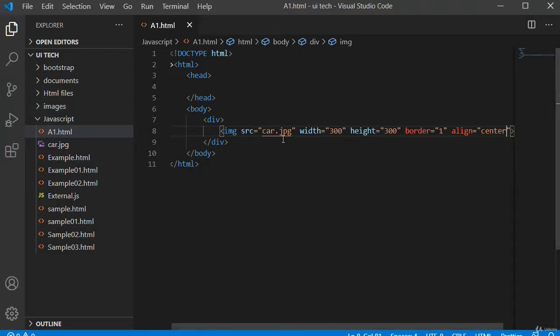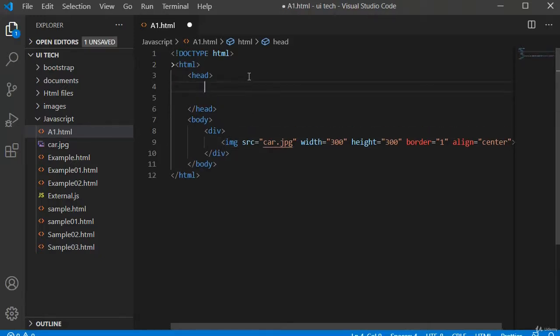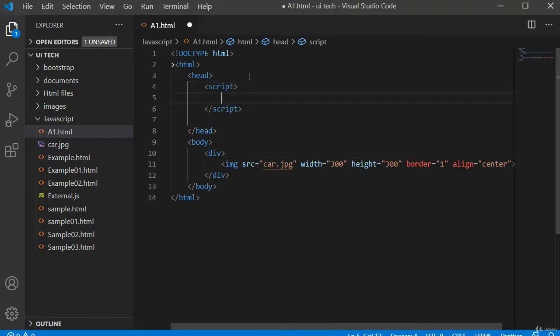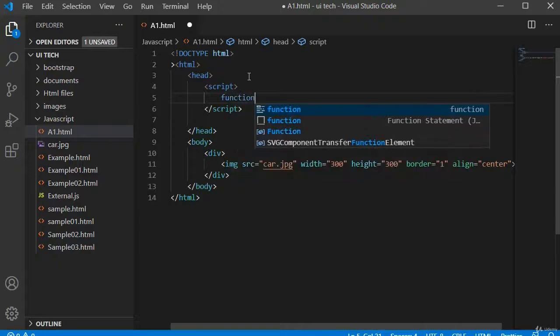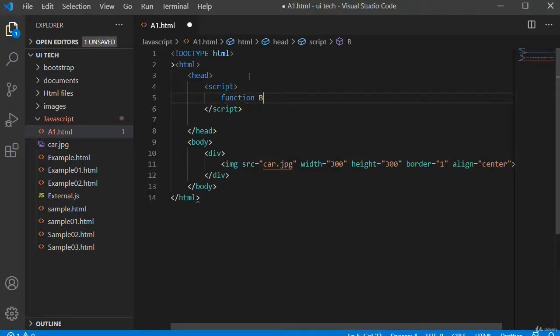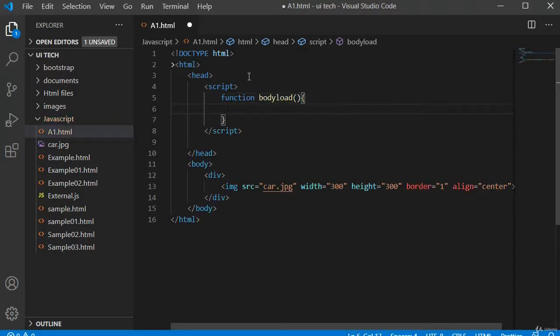Now I want to see the collection of images of my img tag by using tag name from my JavaScript. Just go to the head section, use a script tag. Inside this script tag write a function, function bodyLoad. Inside this function, I just want to print the length of my tag. Just use a var declaration.